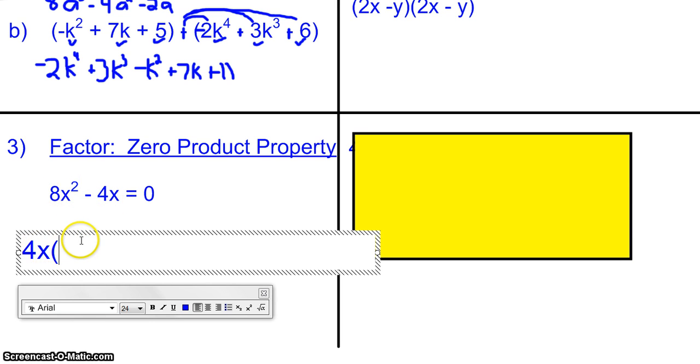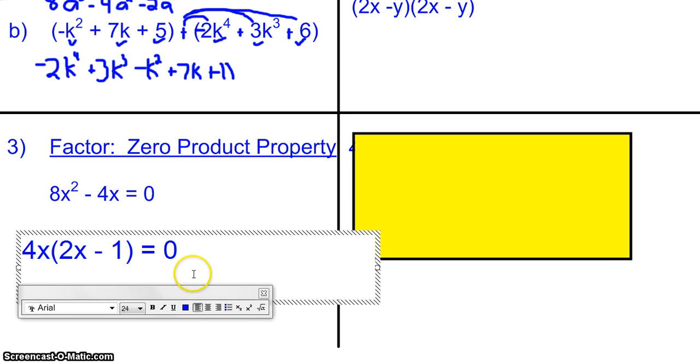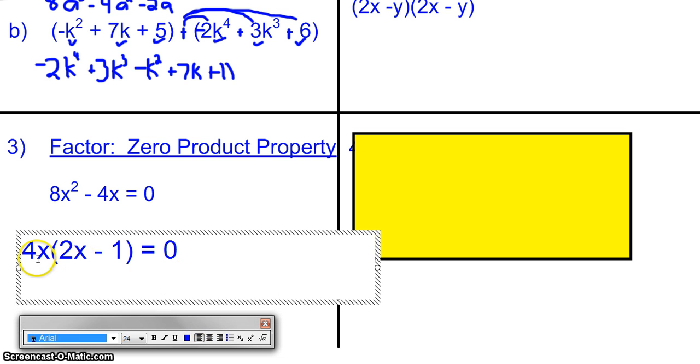So 4x would be multiplied to 2x, giving us 8x squared, and 4x would be multiplied to 1, right? Giving us minus 4x here. Okay, so as we look at this, we now can say, what would the values of x equal that could make this equation true? So x could equal,